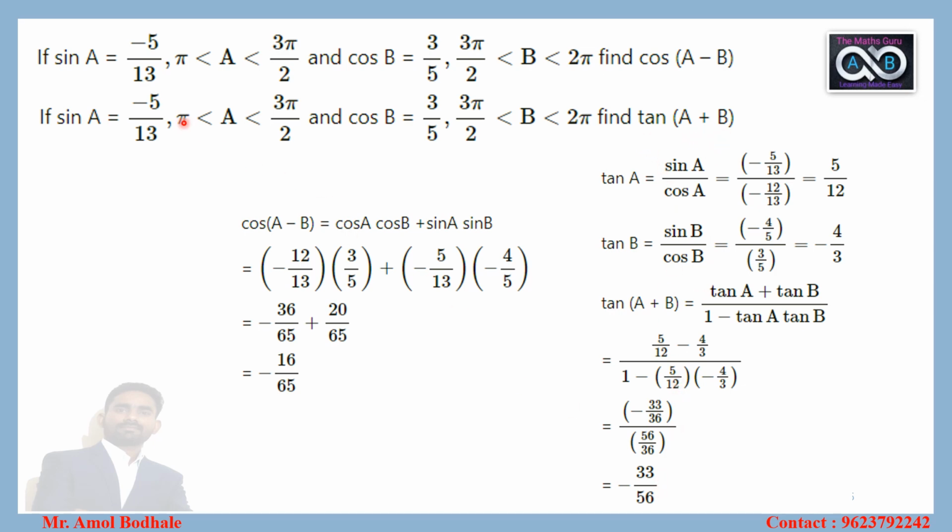This means for any given value of sin A and cos B, we can find the value of sin of A minus B or sin of A plus B, cos of A plus B or cos of A minus B. Similarly, tan of A plus B or tan of A minus B. So in this way, we can solve any example based on the compound angle formula. Okay. In the next lecture, we'll see the next concept.